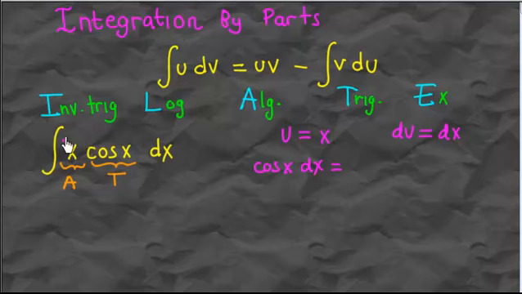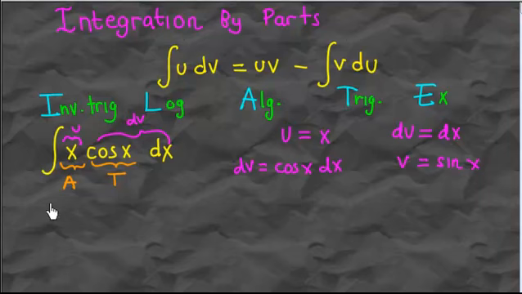So this is u and that is dv. dv is cosine x dx. If dv is cosine x dx, then our v is sine x. And why is that? Because the derivative of sine x is cosine x. Now we are ready to apply